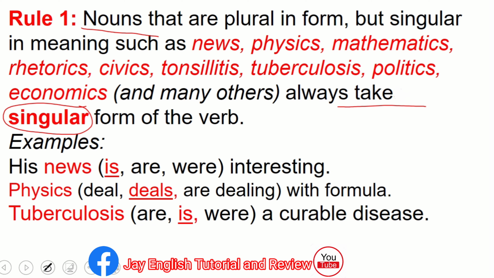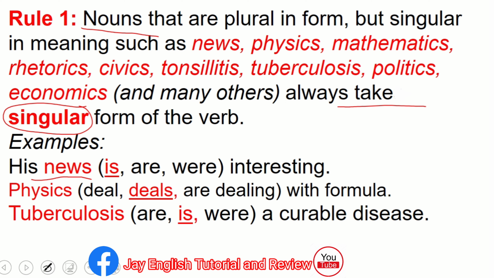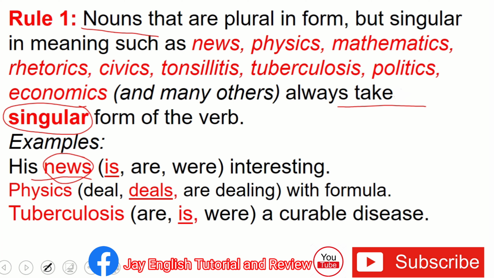For examples, in the first sentence, "His news" and we have here 3 verbs: is, are, were. Interesting. So the rule says, if you're going to use a noun like news in the sentence, always pair it with a singular verb. So among the 3, is, are, and were, it is the verb is that is appropriate to our subject, which is news, because both are and were are plural verbs or plural linking verbs. Okay, so his news is,